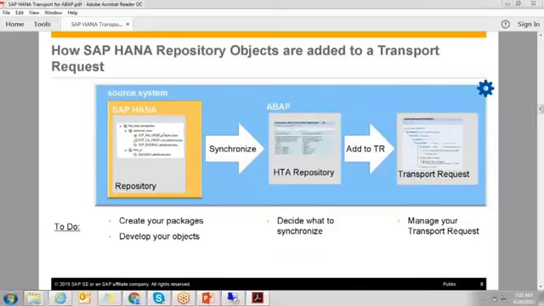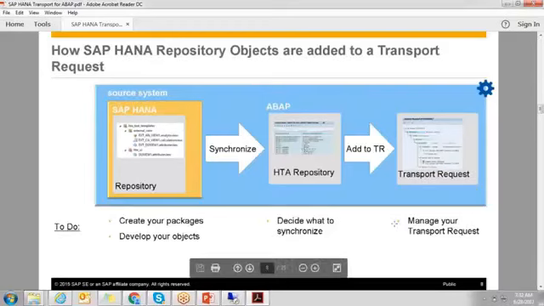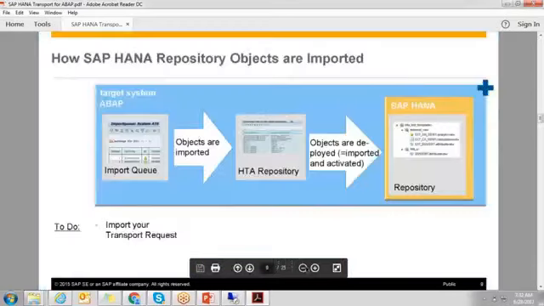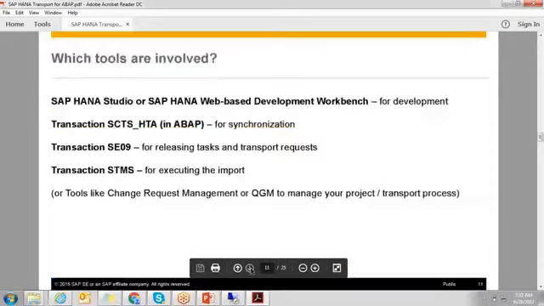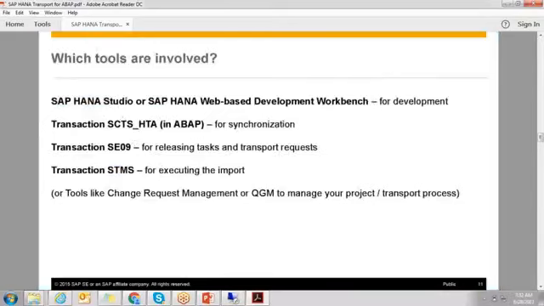We have a package, we assign it to the delivery unit, and the delivery unit is assigned to the transport request. These are the transactions. For synchronization, SCTS underscore HTA.